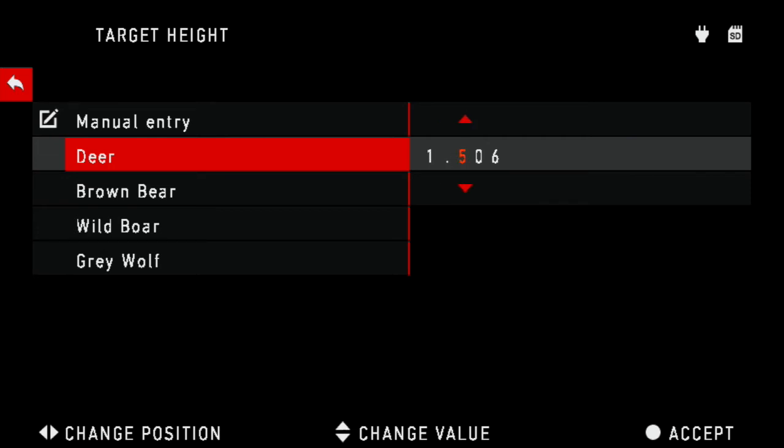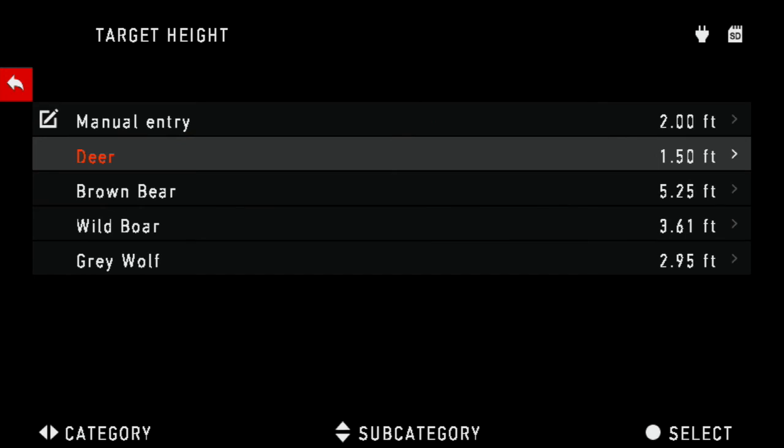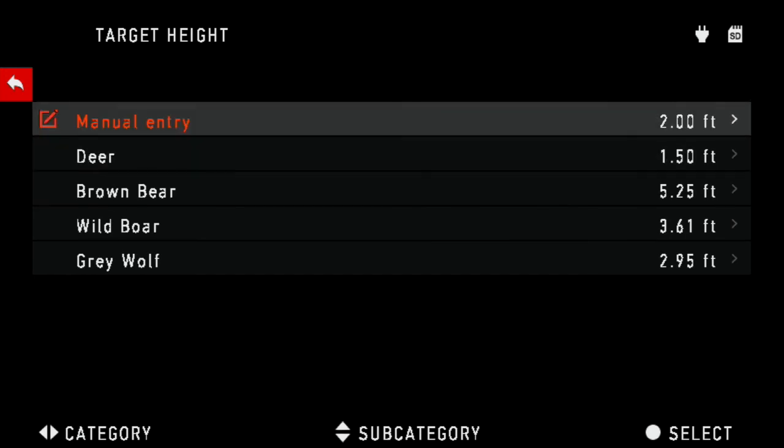And I can remove the other numbers here. I no longer need those. Now I set that for deer to be 1.5. Each one of these is manually configurable. So if I go up here and I exit out,